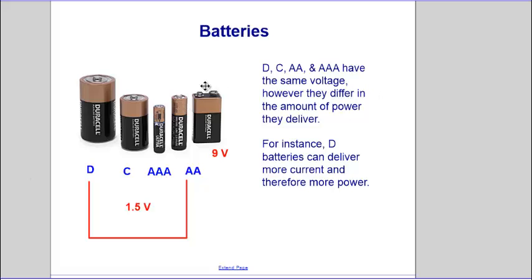Batteries are sources of energy or sources of power, and as previously stated, DC, AAA, AA all have a potential difference of 1.5 volts, and 9 volts have a difference of 9 volts. So in theory, the 9 volt could produce more energy every second because you'd have charge falling through a greater potential difference or being